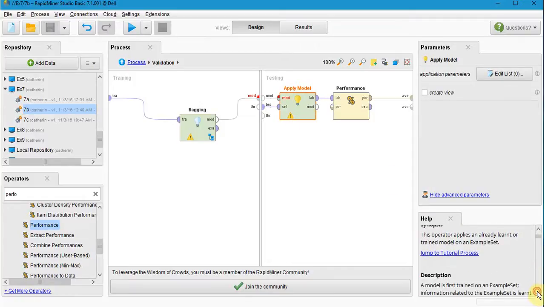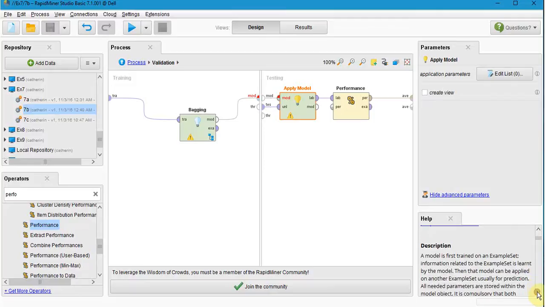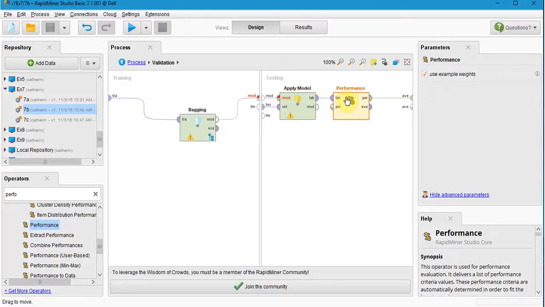Like explained before, the information related to the example set is learned by the model. Then that model can be applied to another example set, usually for prediction. All the needed parameters are stored within the model object. Going to the performance operator, it delivers a list of performance criteria values, and these criteria are automatically defined to fit this example set. Here, when running this,